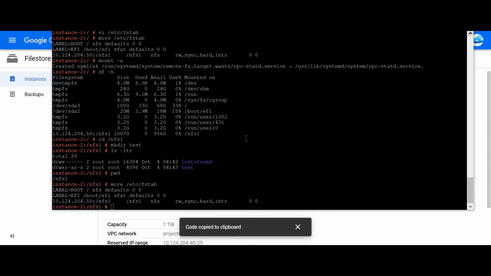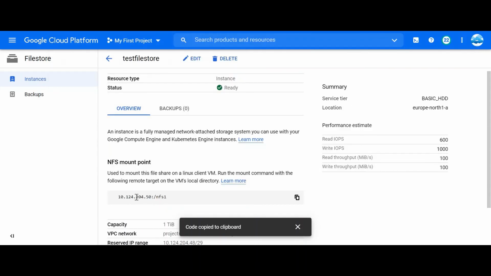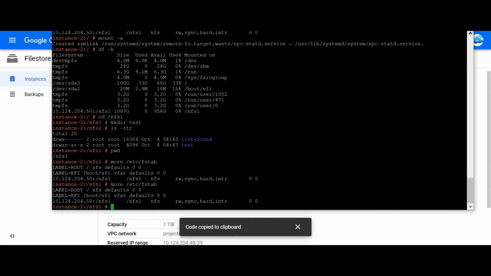Now I have saved the fstab, which is /etc/fstab. Let's validate it. You can see this is our address for the Filestore, which is the NFS mount point, the IP address and NFS1. This is our NFS1, the folder which I created in the earlier step.